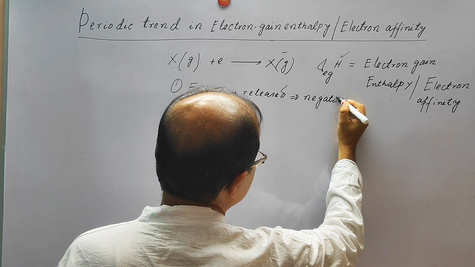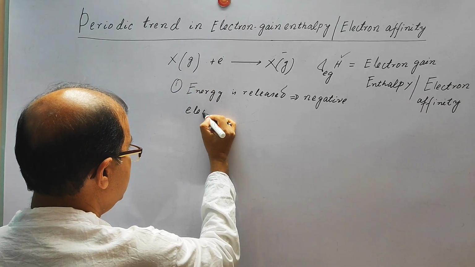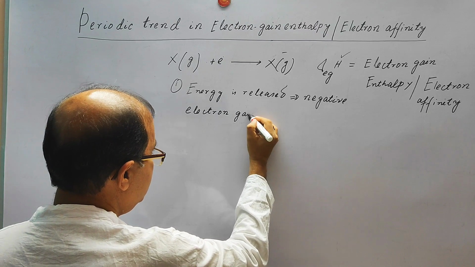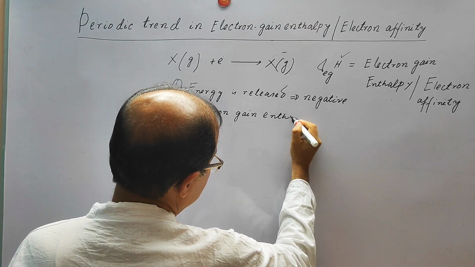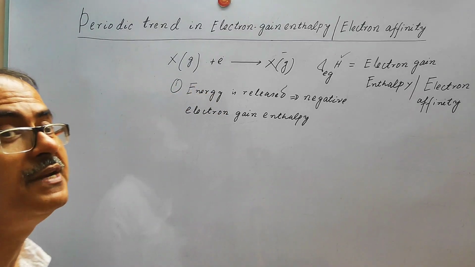Negative electron gain enthalpy means the energy has been released,